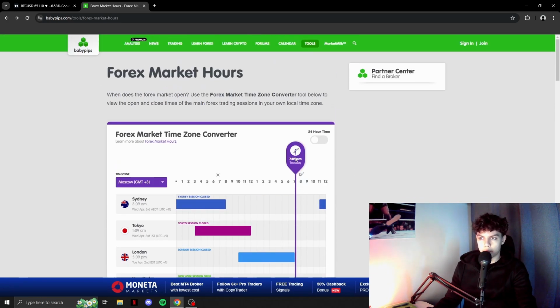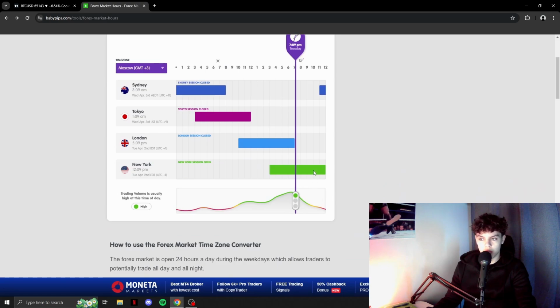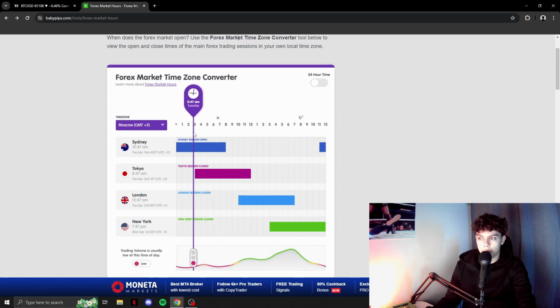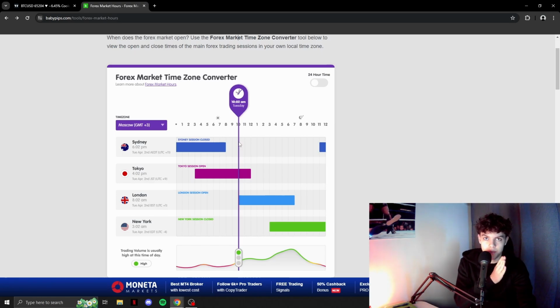This is the place where we check the market session opens and the hours when to trade on. Now, this right here is Tokyo, where the Japanese yen and all these Asian pairs are gonna be traded on, with the most volatility. So we're gonna check it right here. 3 a.m. on my time is gonna be open. Now, London session, GBP pairs. For example, GBP USD has a lot of volatility on London session. Obviously makes sense. So for me, it's going to open at 10 a.m. on my time, but obviously it's gonna be different for your time.